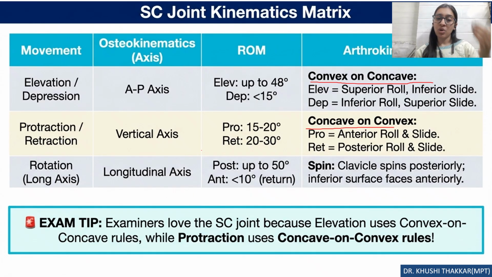Rotation happens along the long axis, that is the longitudinal axis. Posterior rotation is up to 50 degrees and anterior rotation is less than 10 degrees, that is coming back to its original position. The clavicle spins posteriorly and the inferior surface faces anteriorly. We'll discuss this when we discuss the glenohumeral joint movement. But always remember, when you do movements like this, you will feel the medial end of the clavicle going upwards and posteriorly. So this is exactly the joint kinematics of